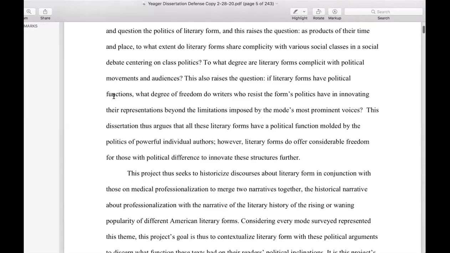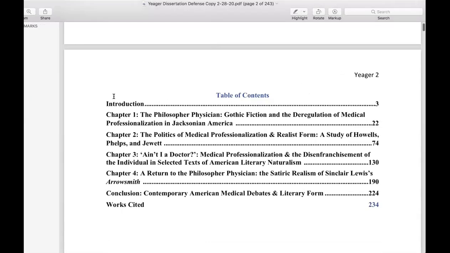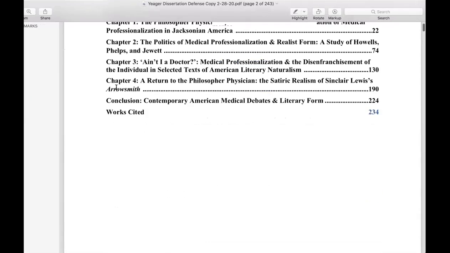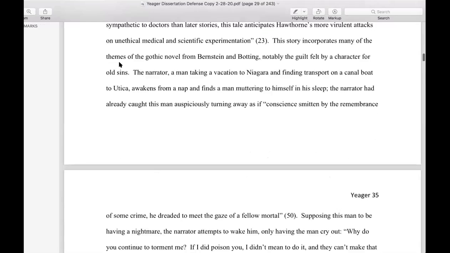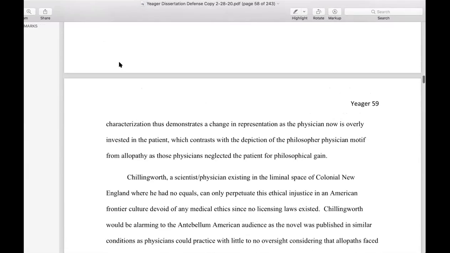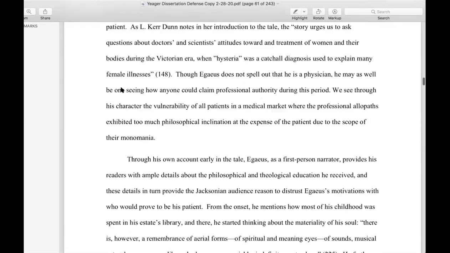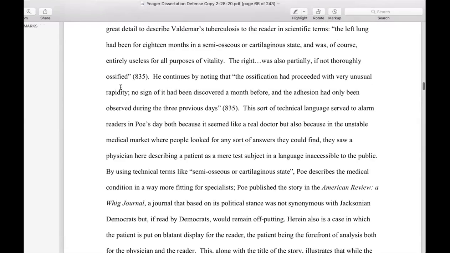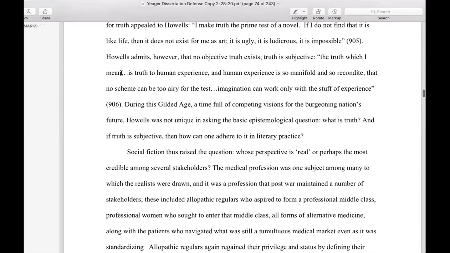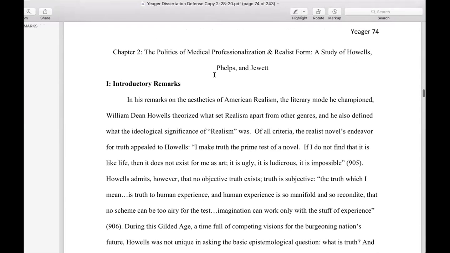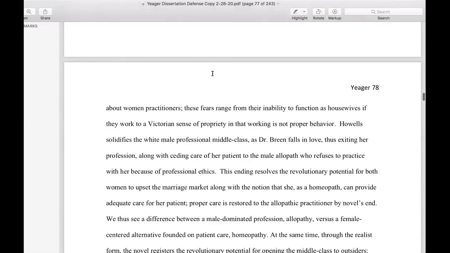And so you see this thing I just finished is 234 pages long. But goodness. Everything we've read in this class is here. First chapter is about Hawthorne and Poe. Second one's about Jewett and Howells and Phelps, who we didn't read.